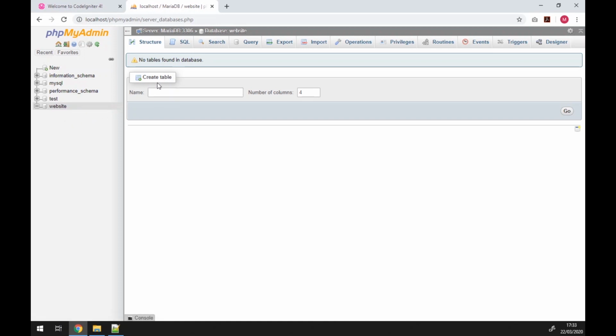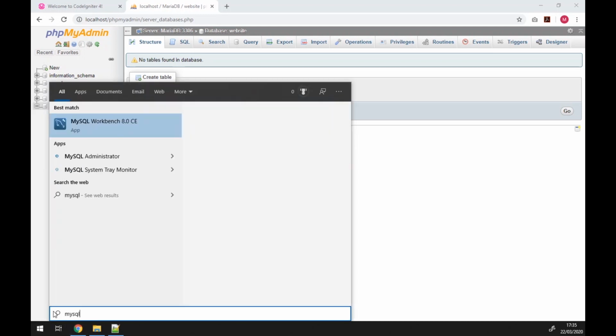Now we can continue to create tables in here, but what I'm going to do instead is show you how to set up MySQL Workbench with this. Setting up MySQL Workbench is quite simple, so I'll pop a link to the installation at the bottom of this video. But once you've got it installed, if you open it up, MySQL Workbench,